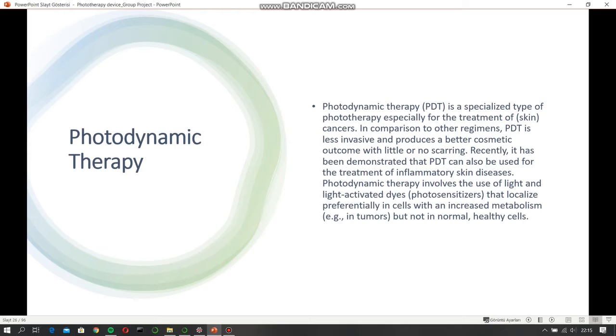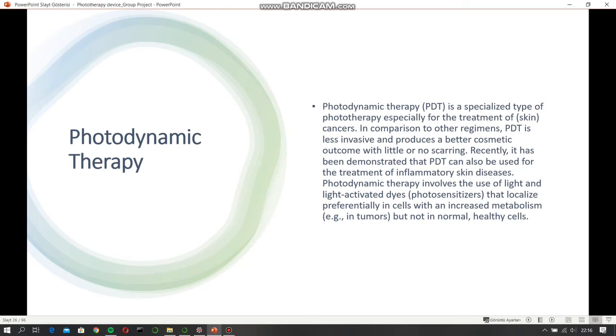The photodynamic therapy is a specialized type of phototherapy essentially for the treatment of skin cancer. In comparison to other regimens, photodynamic therapy is less invasive and produces a better cosmetic outcome with little or no scarring. Recently, it has been demonstrated that the photodynamic therapy can also be used for the treatment of inflammatory skin disease. Photodynamic therapy involves the use of light and the light-activated dye, the photosensitizers, that